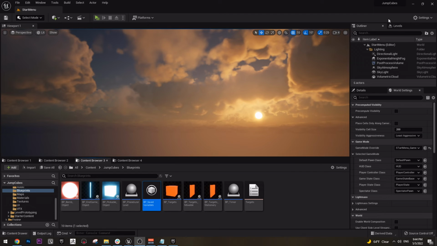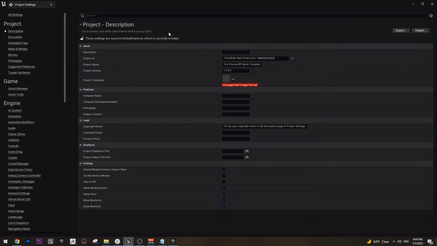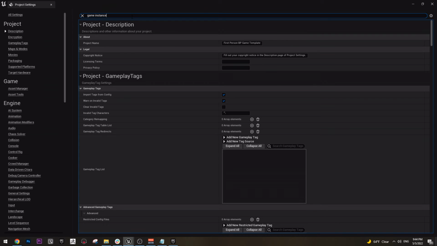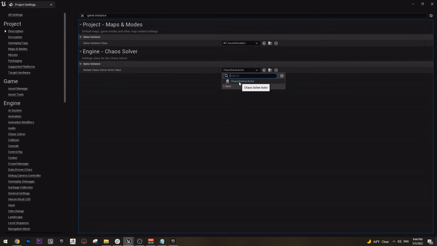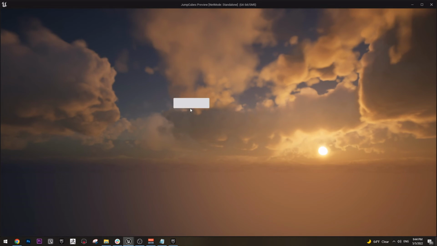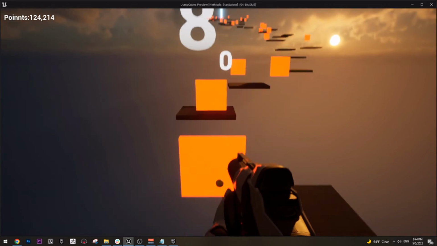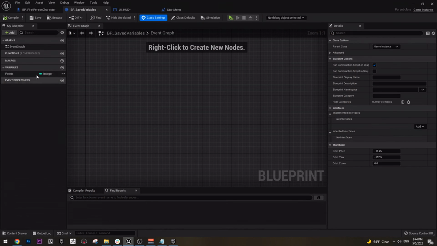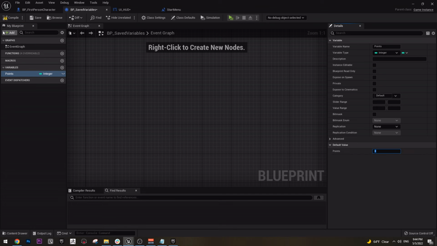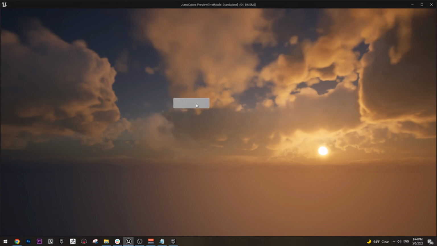Yeah, of course. It doesn't work because first we need to go to settings, project settings, and you can type here game instance, and you actually need to set your game instance to the one that you created here, chaos server or whatever. Now if you play the game, yeah, let me just first set this to some normal amount like 0, and if we play the game again,